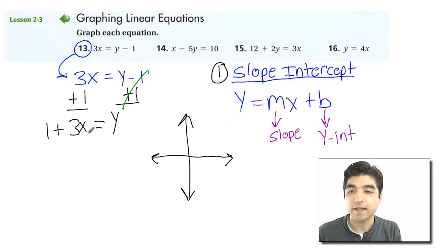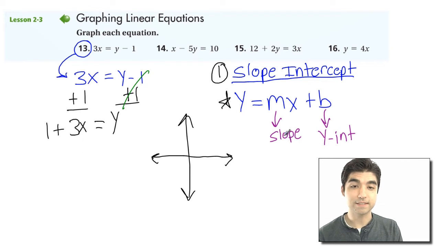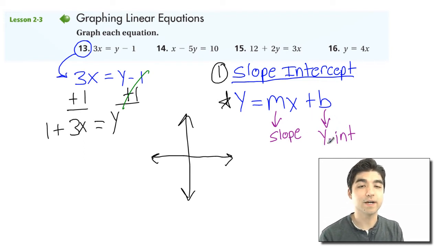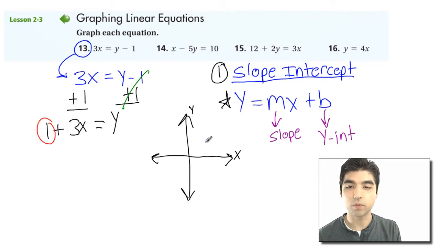Alright, so cool. Now, even though the equation's backwards, you could say, it's still in the form of y equals mx plus b. And if you remember that the m is the slope, and the b is the y-intercept. Or in other words, b is where the line crosses the y-axis on our little graph here. So this is the y, this is the x. So this is pretty easy once you have it in this form, because you just take this number, which is 1, and you go up 1 on your y-axis here, and then you just put a little dot there,